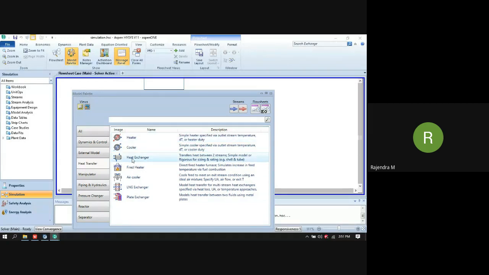But by using the heat exchanger, this icon, like a shell and tube heat exchanger, acts as a shell and tube heat exchanger. Two streams are required, two inlet streams and two exit streams. So there will be a transfer of heat between the two streams, the cold stream and the hot stream.